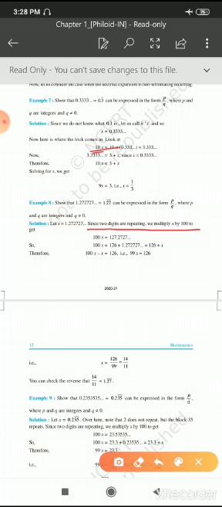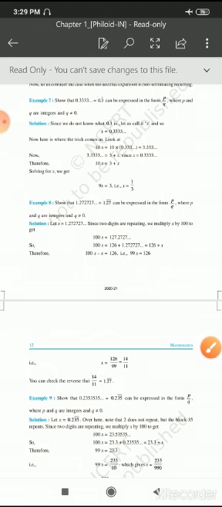100 into 1.2727 will become 127.2727. Here 100x is equal to 127.2727, which can be written as 126 plus 1.2727. So we have to bring x out of this total. What is the value of x? 1.2727, so that is to be separated. Then 126 plus, instead of 1.2727, we will write x here. So 100x is equal to 126 plus x. If you bring this x to the left side, it becomes minus x. So 100x minus x, 99x is equal to 126.